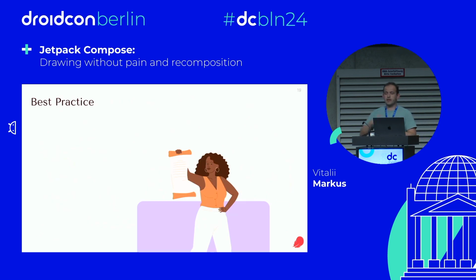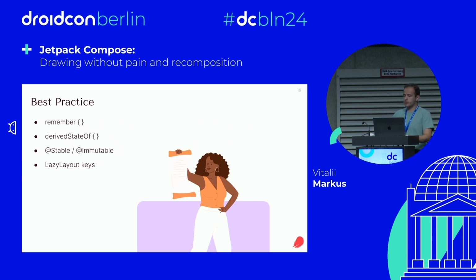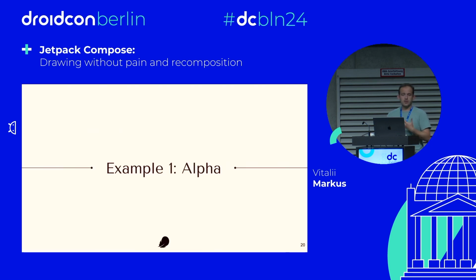So if you check the article on androiddevelopers.com with the name Follow Best Practice, they recommend using 4 core principles. Remember to minimize expensive calculations, derive state off to limit recompositions, and use stable and immutable classes and lazy layout keys to recompose only the changed item in a lazy list. These principles are just to remind you. I don't want to spend any time on this. Let's go to the first example